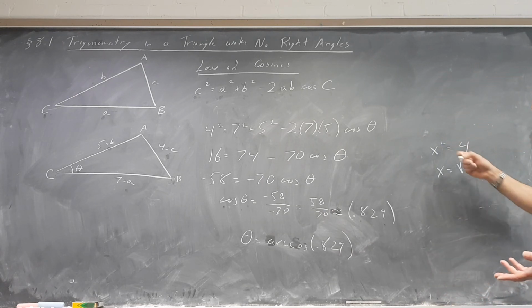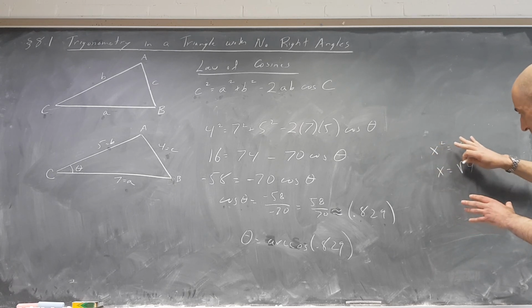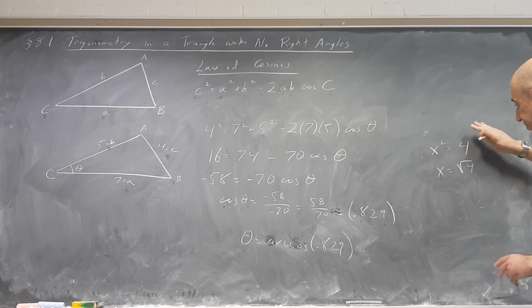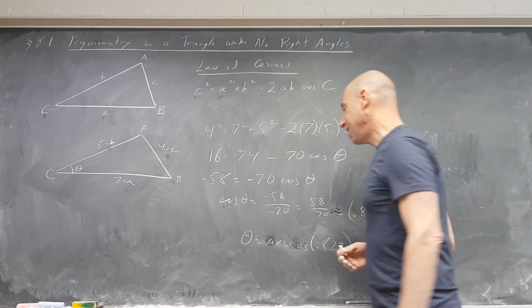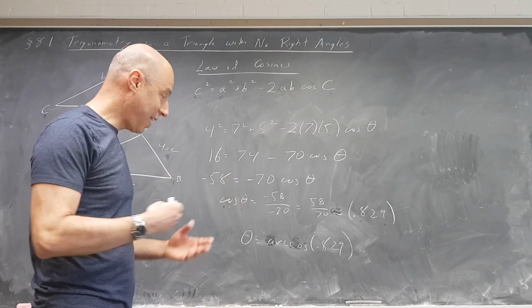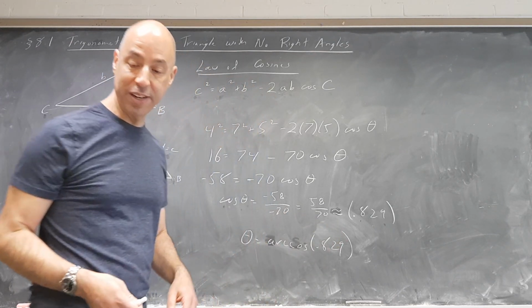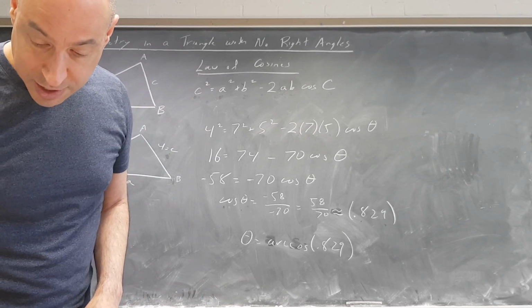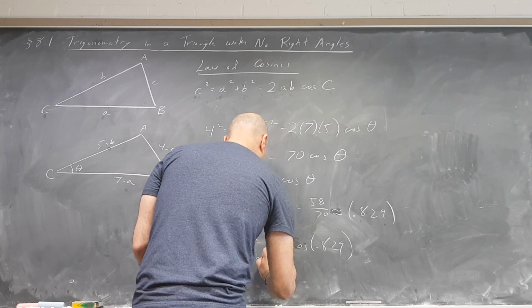It's the same thing. So what we want to do is get the x by itself. We take the inverse function, and we know that we have to restrict the domain for x squared to make it have an inverse function. But in this case, we're not worried about restricting the domain. We've already done all that work. So the arc cos of 0.829 is approximately equal to